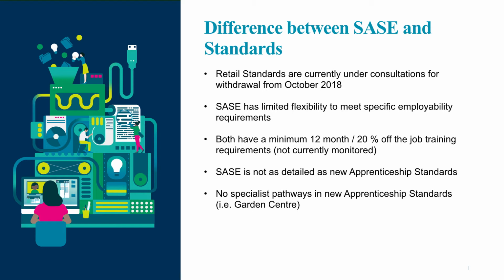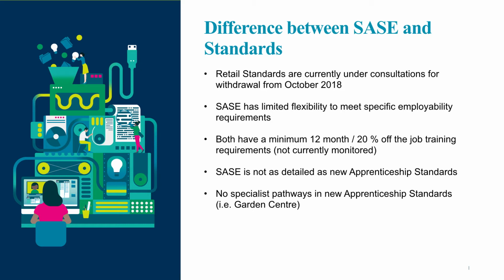They haven't said how they're going to be monitoring it at the moment, other than stipulating it within the contract. But as mentioned, at the end of the day, providers are the ones at the sharp edge. Again, don't be afraid to use those contract terms to enforce that 20% off-the-job training. And don't forget, it can include internal training that the employer themselves delivers, so health and safety, till training, brand awareness training, for example. Anything they do with their employer brand can all be counted towards that 20% off the job.